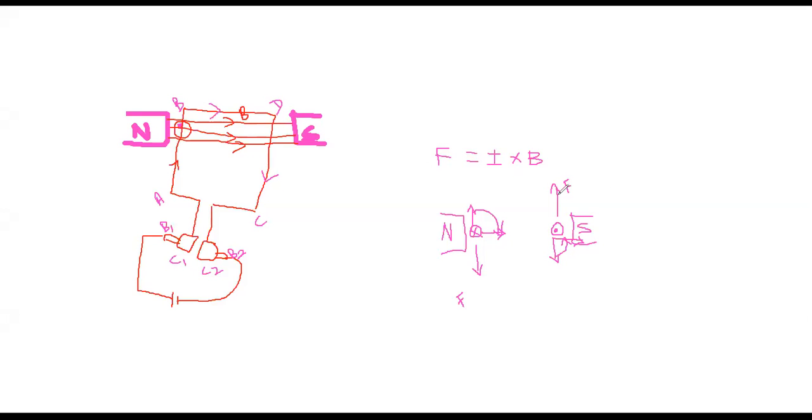So now I am going to consider, again, for a better idea, the two-dimensional view, right? So this one be the north pole and this one be the south pole. Again, I just take a conductor here, and the direction of current is inward, so I make it a cross here. And now the conductor is rotating in a circle manner, right?